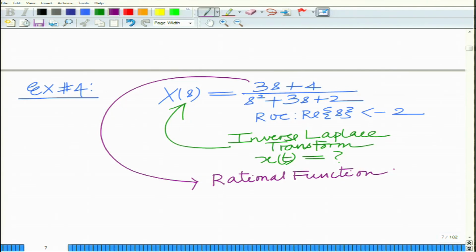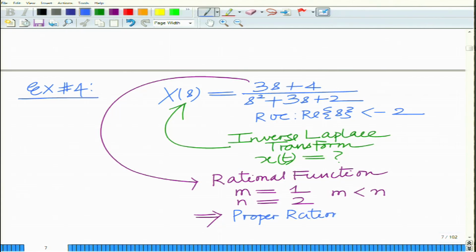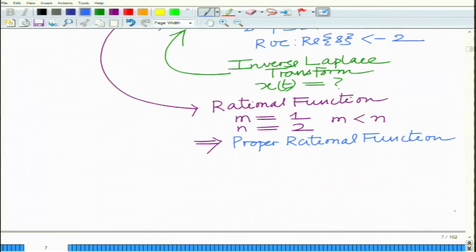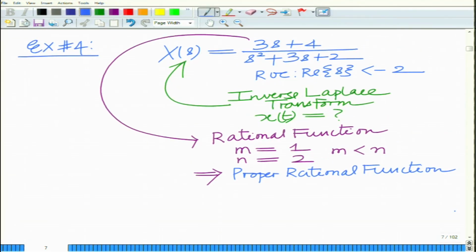That is, it is a numerator polynomial divided by a denominator polynomial. Further, the degree of the numerator polynomial is 1, and the degree of the denominator polynomial is 2. Therefore, we have m less than n, which implies it is a proper rational function. Therefore, I express this as partial fractions. Now, if you look at this, I can write X(s) as